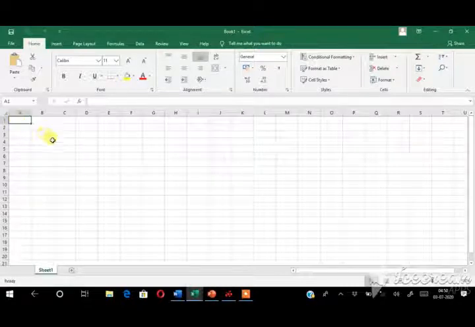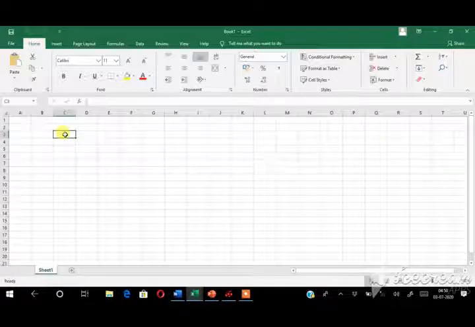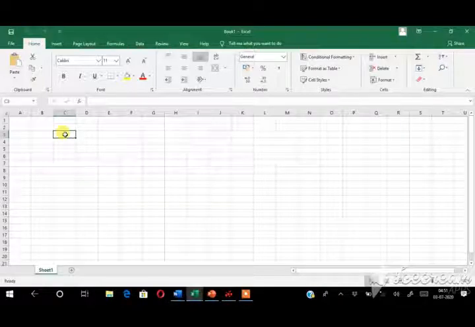When you simply click on a cell, it becomes the active cell. A cell with a dark boundary is known as an active cell. When the cell becomes active, only then is it ready for entering data.